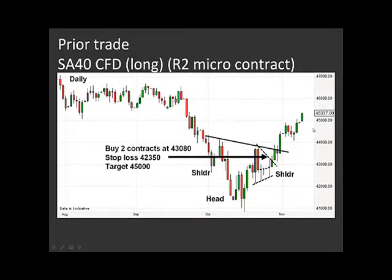Now, what's happened since then? Well, it's worked out beautifully. We've managed to sell at 45,000 over the last few days, and for that we bank a profit of 7,680 Rand. Nice. So all told, it's a very good trade. It has gone a bit beyond our target level, but